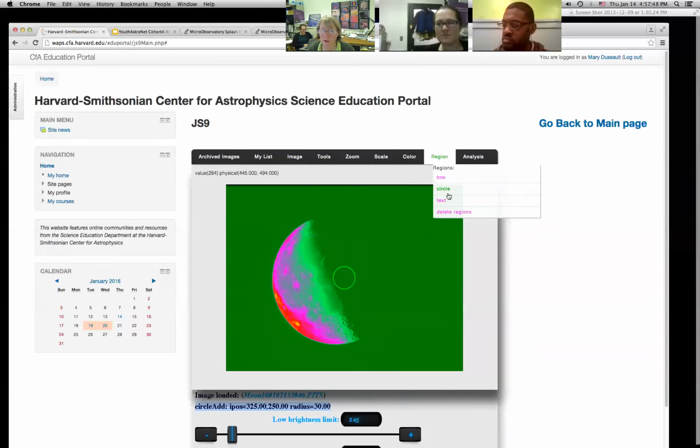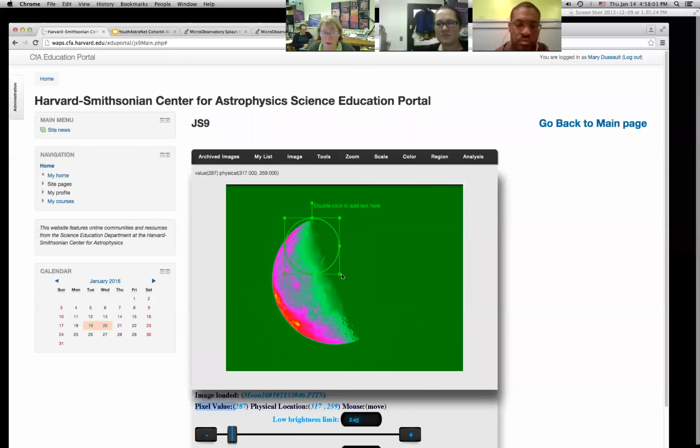And let me show you how the circle can be useful with a picture of the moon. If I want to figure out what's the diameter of this moon in pixels, if I try and get this circle right around it, I've got my circle to fit the moon,